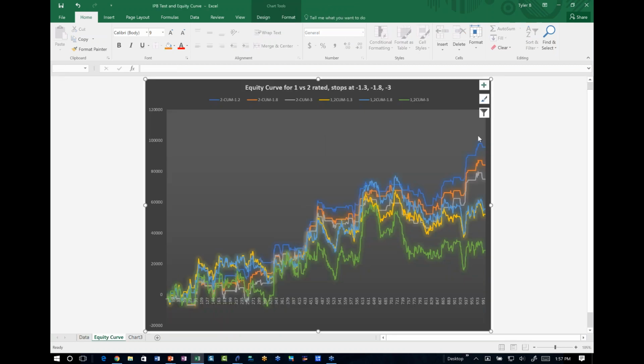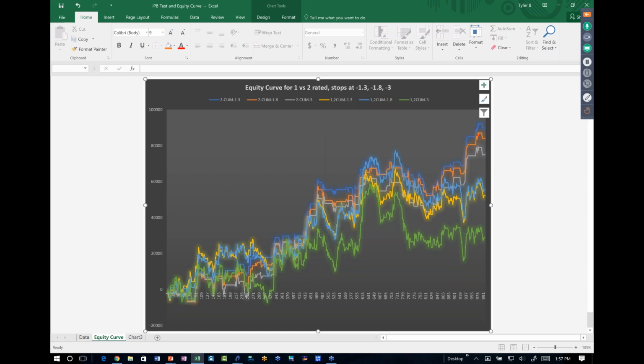So the blue line, which you see up here, is using only the 2-rated stocks and using a stop of minus 1.3, otherwise just holding until the close. The orange line is only trading the 2 rated stocks and using a wider stop, minus 1.8. And the gray line is only trading the 2 rated stocks and having a stop at minus 3, holding until close. Now this green line, which is far below, is trading the 1s and the 2s and having a wider